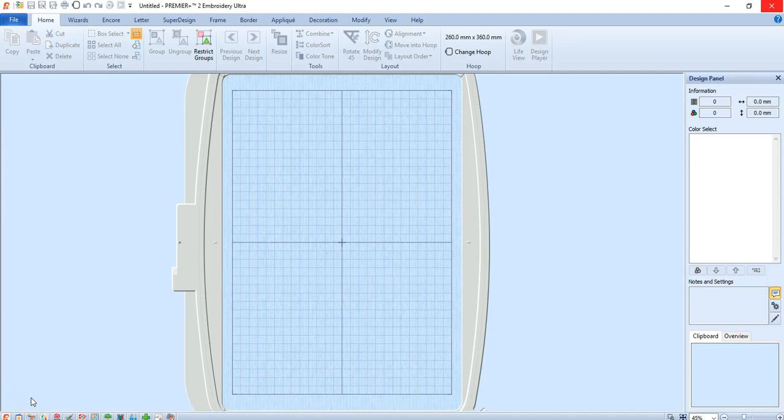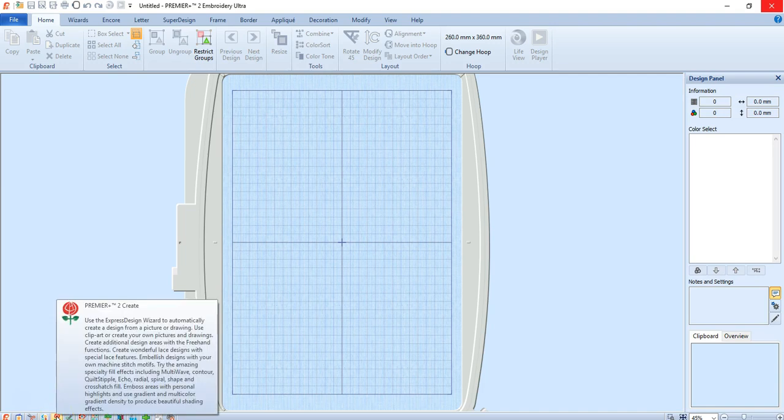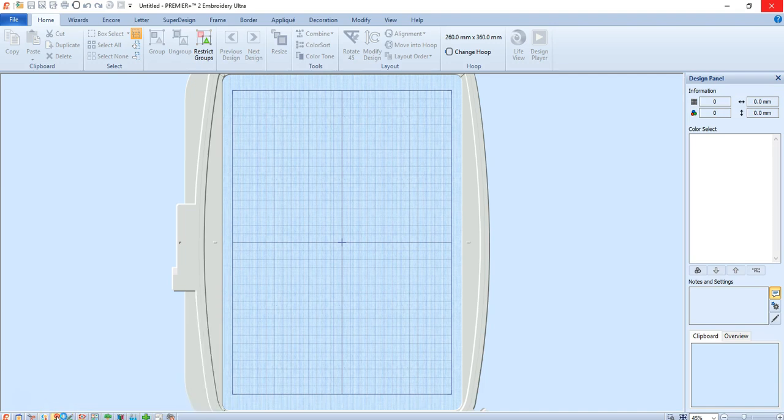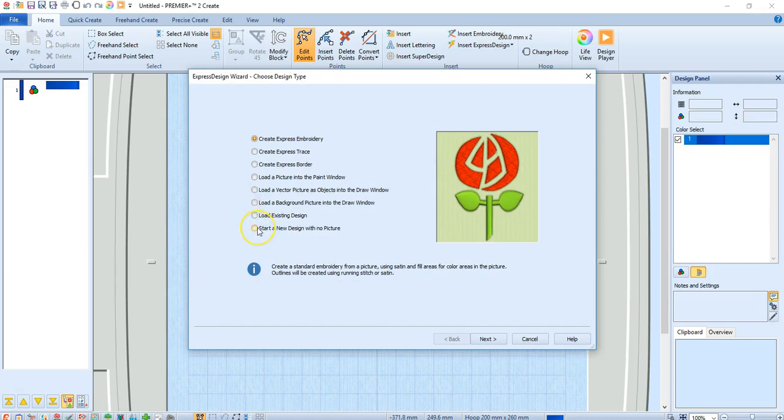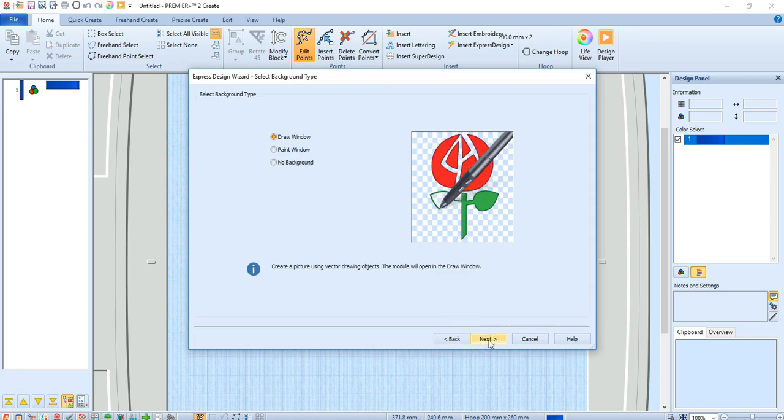Today I want to make some quilted fabric so that I can make a little purse later, and I am going to make that quilted fabric in the hoop. So what I'm going to do is go down into the Create module of Premiere Plus, and it's going to open up, and I'm going to start a new design with no picture. We can just say next here on the background type,